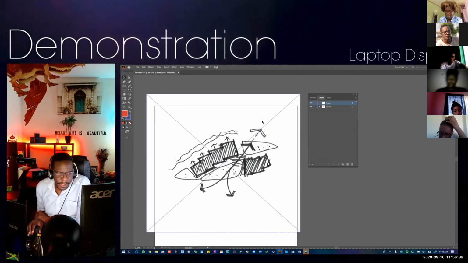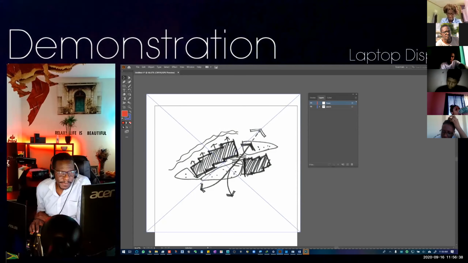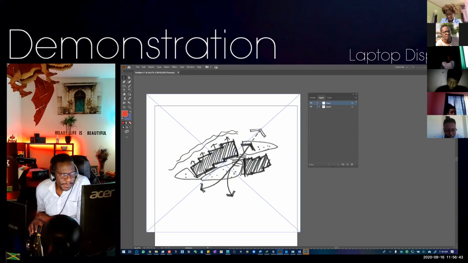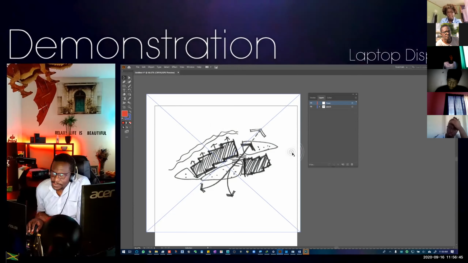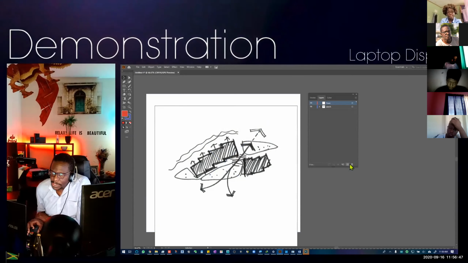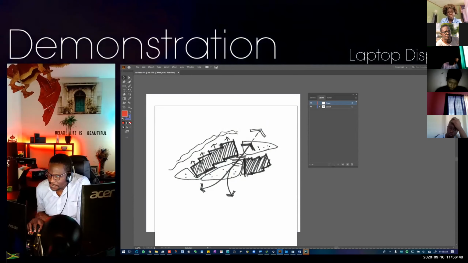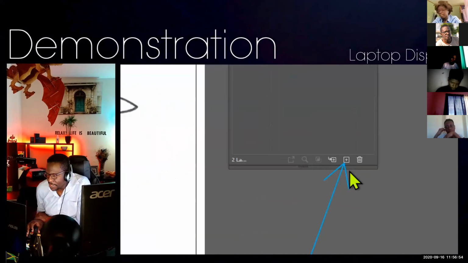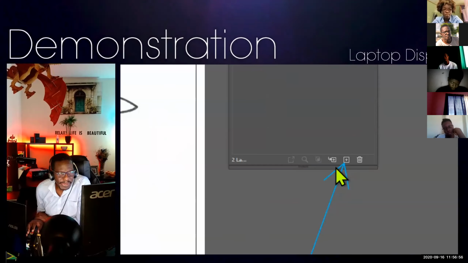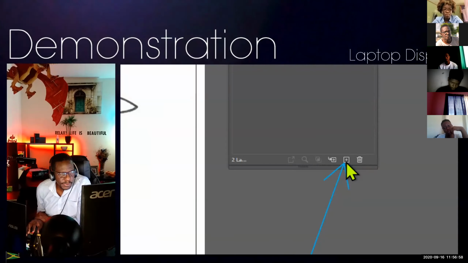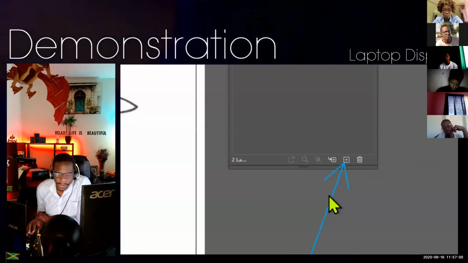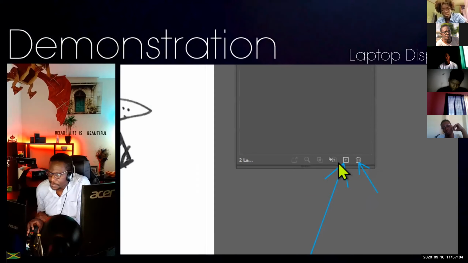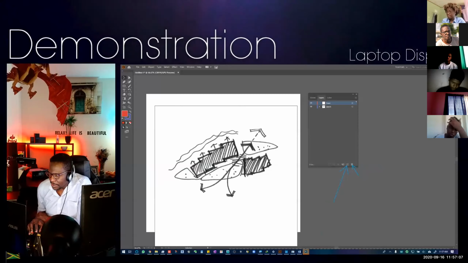Sir, I don't see that icon to do the layout. Oh, your icon might be a little different if you're using a different version, but you should still have an icon on the bottom that says something like new layer. Maybe it's not shaped like this, but it should be right here. Okay. Right beside the garbage bin. Yeah, I got it. All right, so